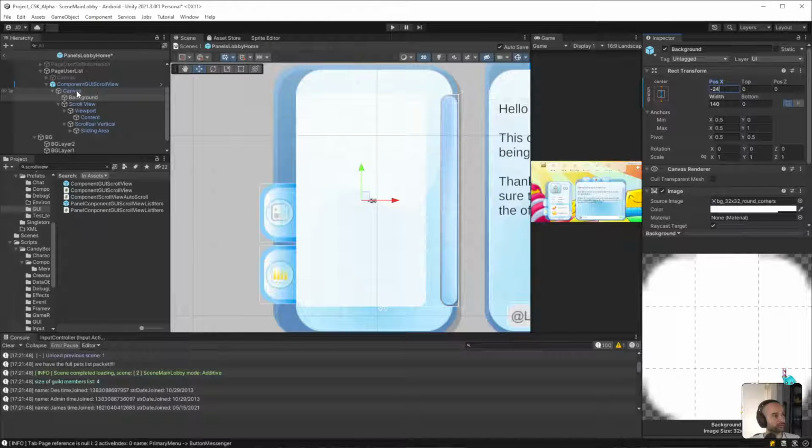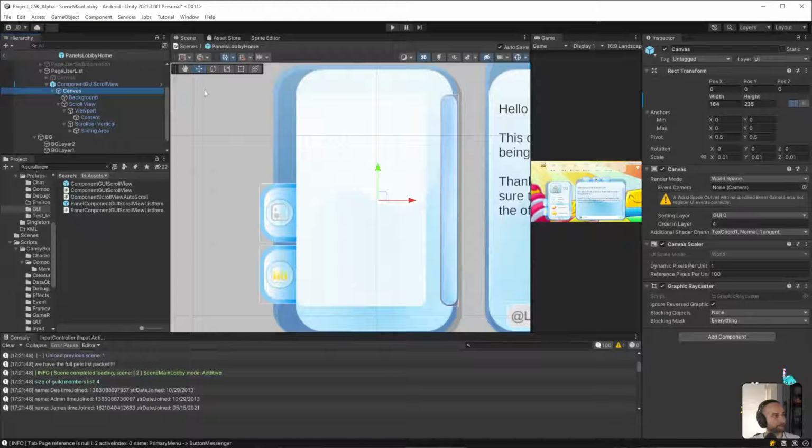We want to use that 2 padding. You know what? I can just offset it instead of trying to calculate this, because it doesn't really provide any value to me.